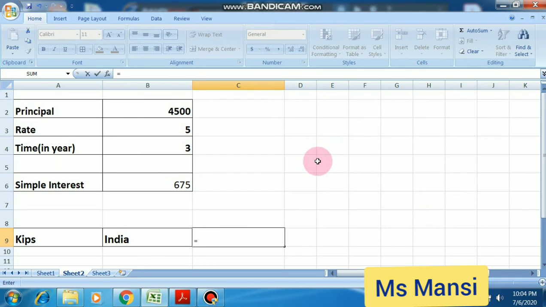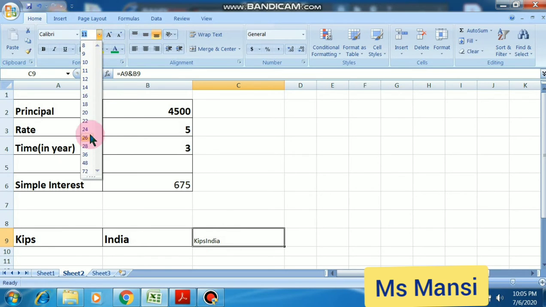Then you simply select this cell, see here the cell is written. Then you write the ampersand symbol and select B9. Then simply press enter. Now see here, these two text values are joined.